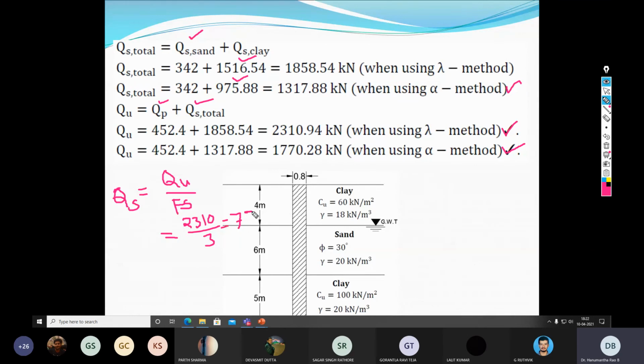So this is 770 kilonewton. This is the safe load that can be applied on the pile. I can apply approximately 770. So considering or accounting for the total settlement or the bearing failure of the pile or soil, anything else? If you do not consider the failure, then we can apply a load as high as 1770 kilonewton. And if you consider the settlement and the failure of the pile or the soil, then we should limit the application of the load to 770 kilonewton.